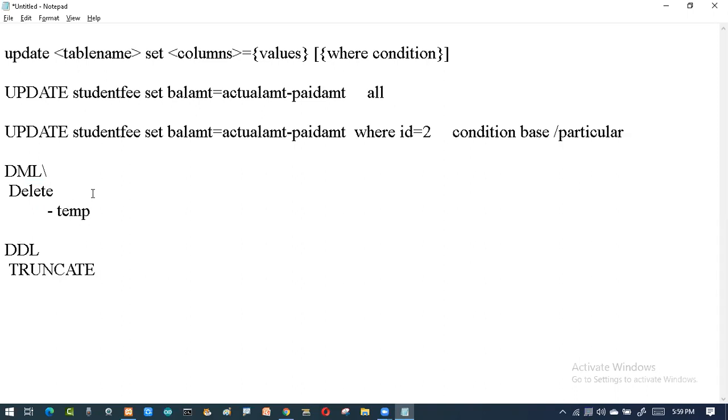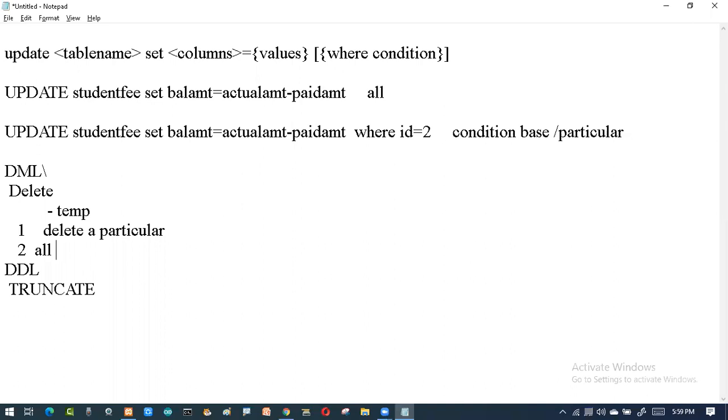Condition number one: you want to delete only one particular record. I want to delete the particular record, or I want to delete all the records.